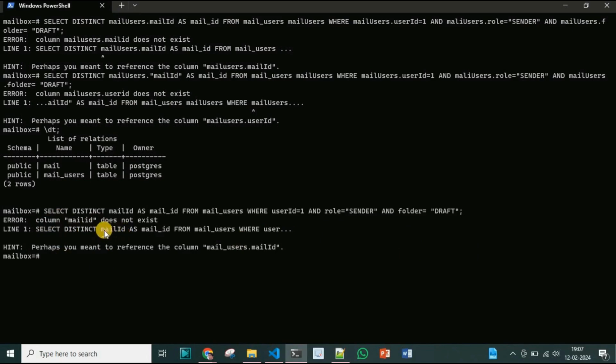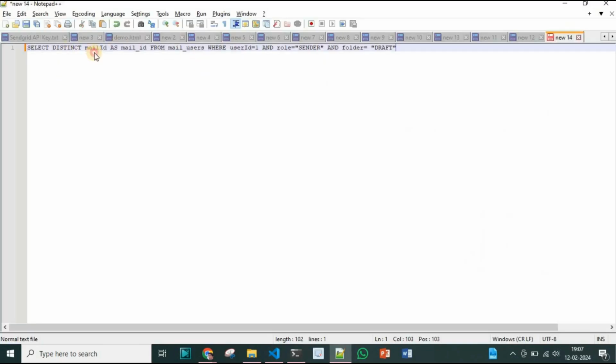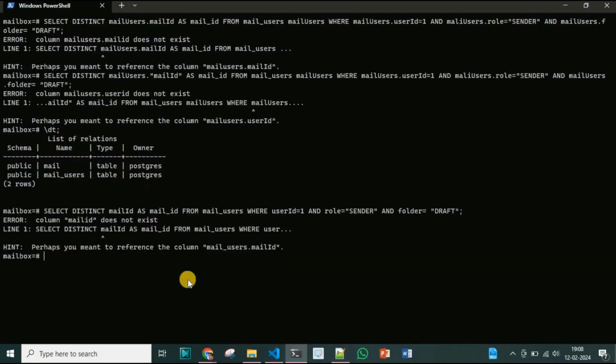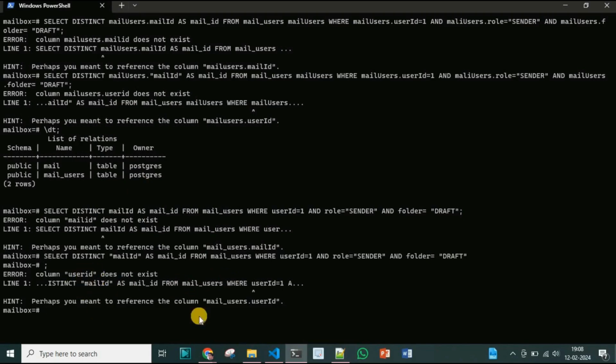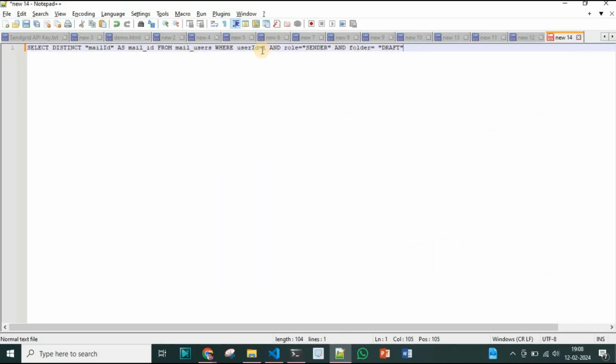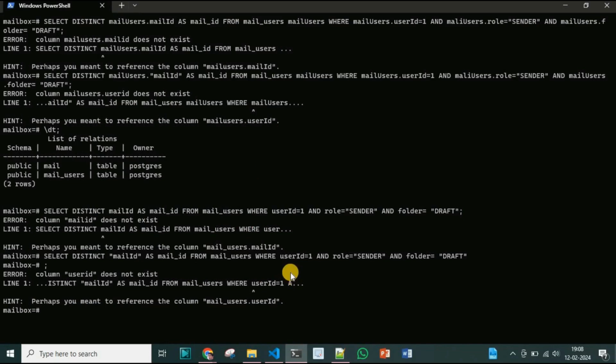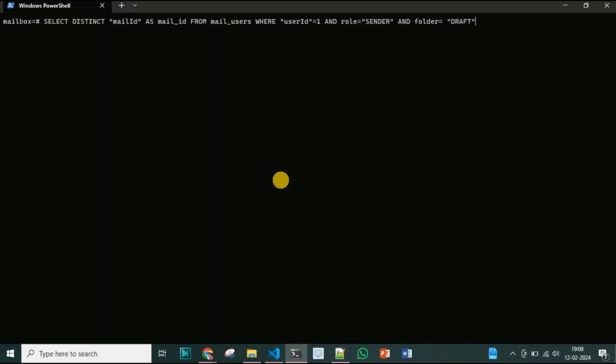And you can see we have the Pascal case here. The mail ID I is capital, but it's treating it as all small. So I will try to enclose this with inverted commas and try to execute it. User ID is also complaining, so user ID I also have to enclose. Now I will clear the screen, and if I execute it,